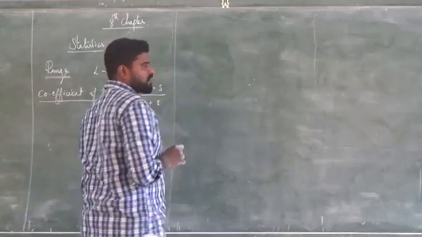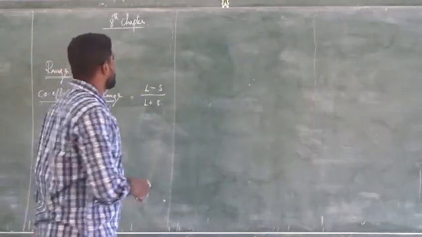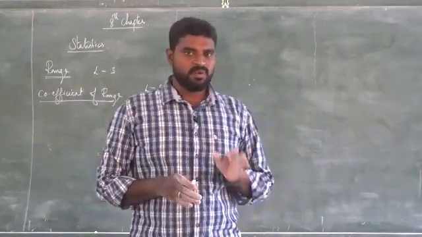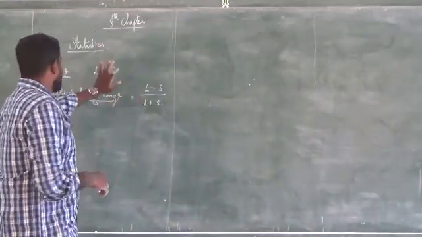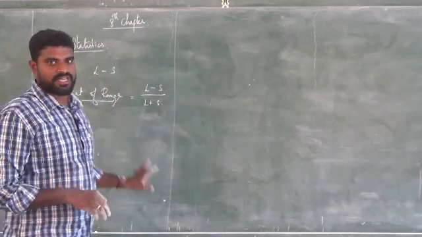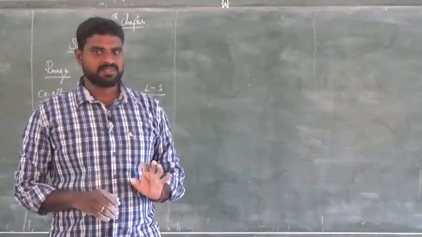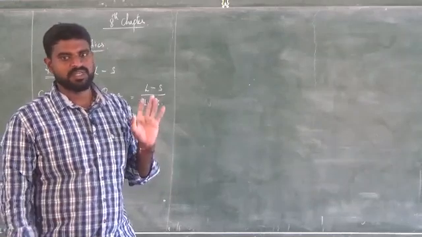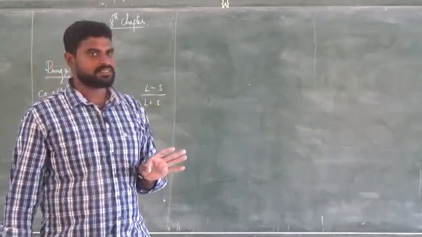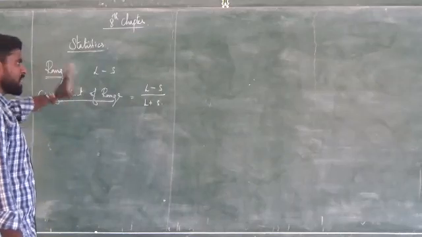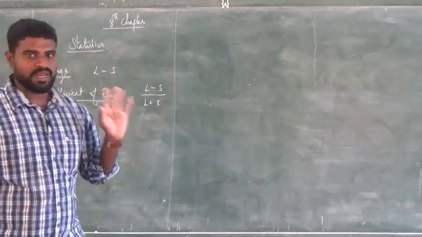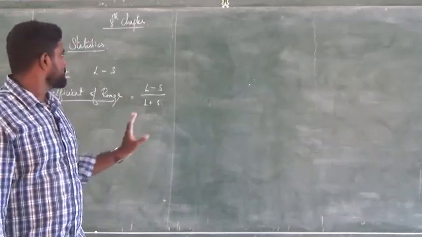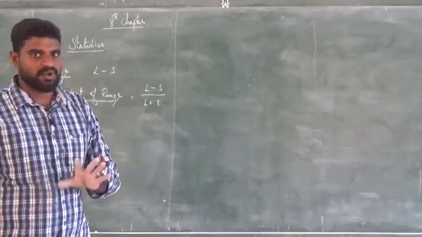Using these formulas we will complete some examples. If they ask 2 marks, it comes from the range and coefficient of range from the first exercise. There are at least 1 or 2 marks that will come from statistics. So surely the problems will come from range or coefficient of range, based on these 2 definitions.